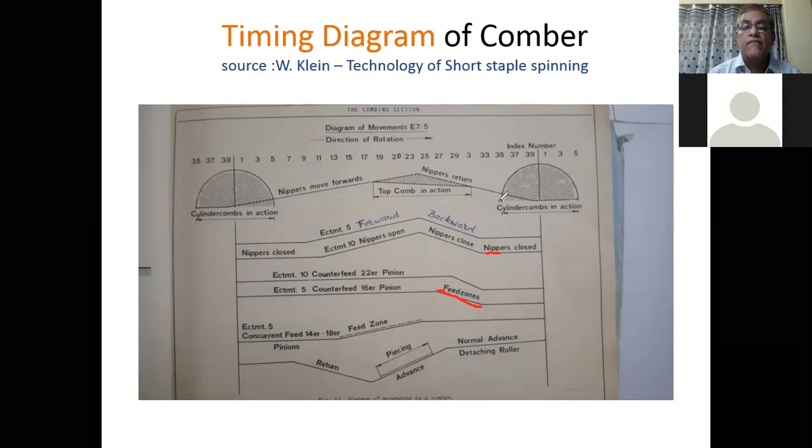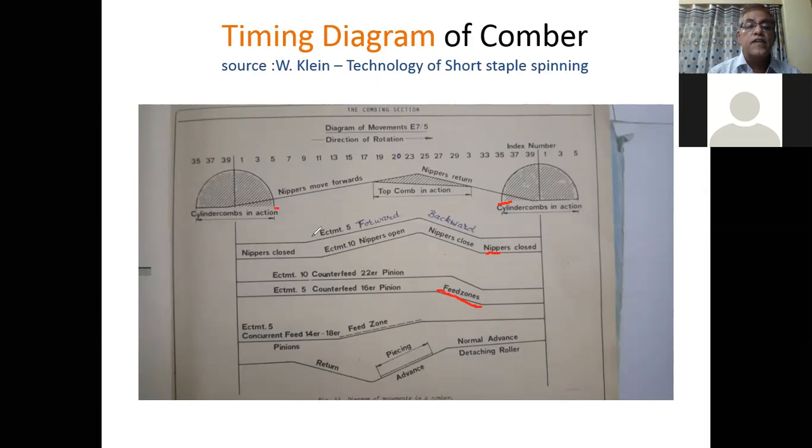After this, when the feeding has taken place and nippers are closed, the cylinder comb will start combing. And this combing will continue up to index 5.